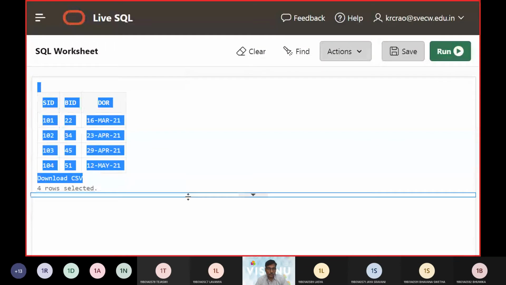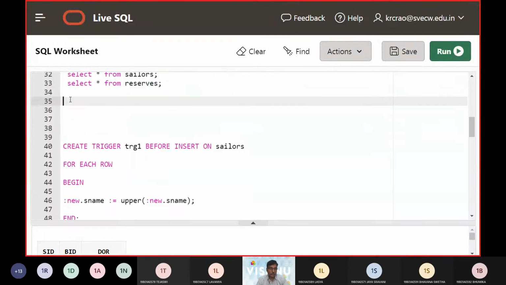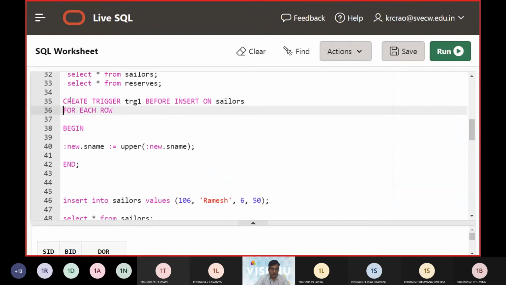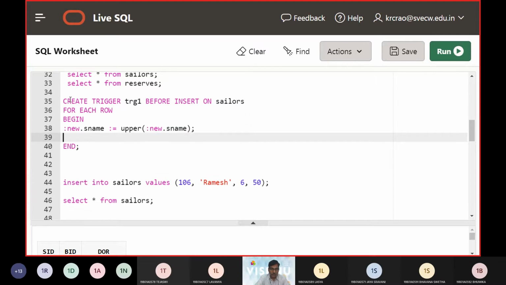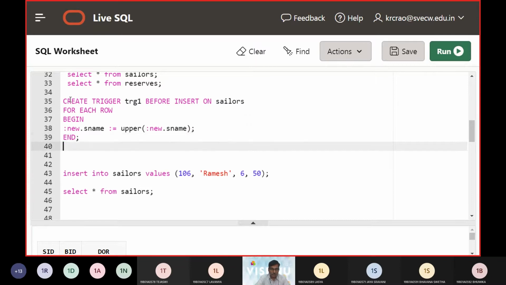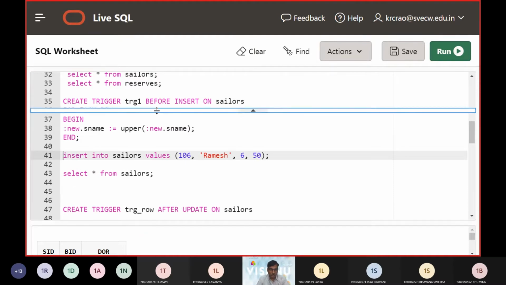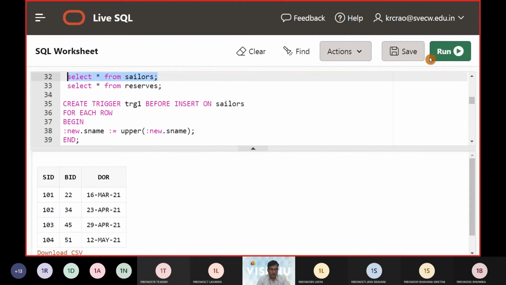So what we will do is we will now start our first triggering program. So for trigger, you can see it is having the trigger name as trig, and it will fire before an insert operation is going to happen. So for a quick understanding, I will hit on this query first.